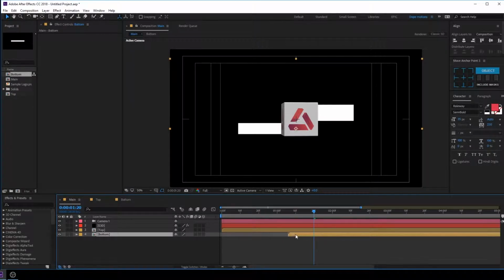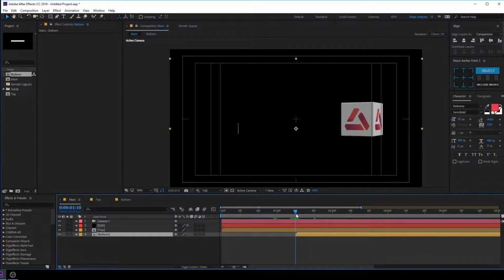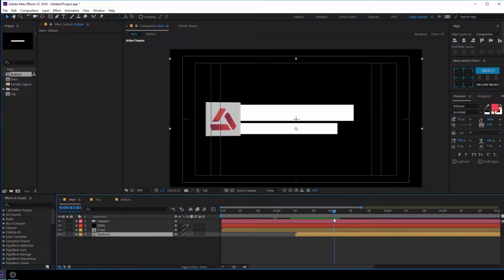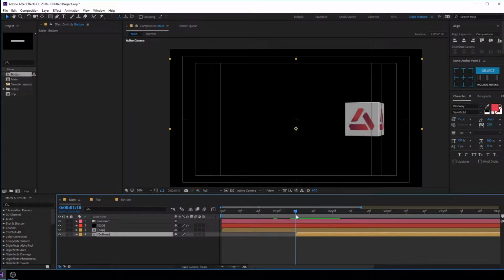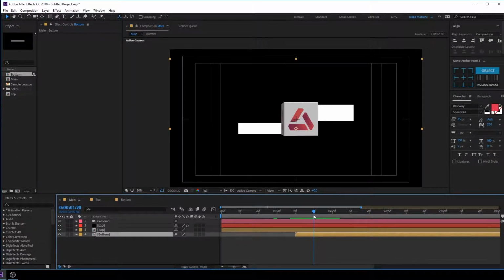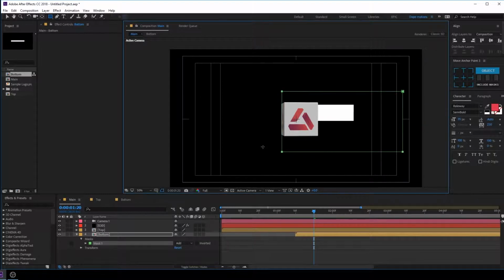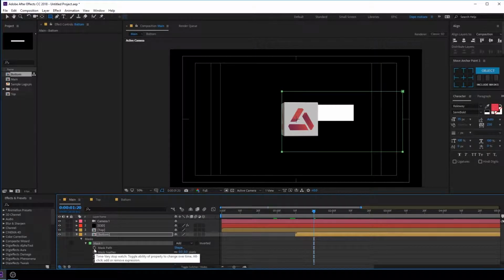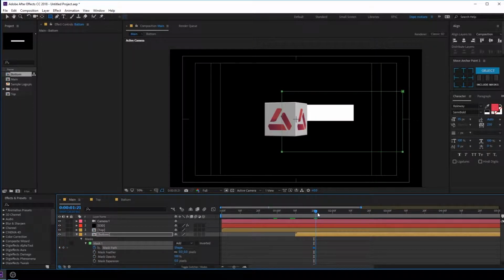So maybe 1 second and 10 frames. Okay, that is what I'm going for. And then what I'm going to do is let's go right over here, select the bottom composition and select the rectangle tool and create a mask just like that. Go into the mask properties, create a keyframe on the mask path, go a few frames forward